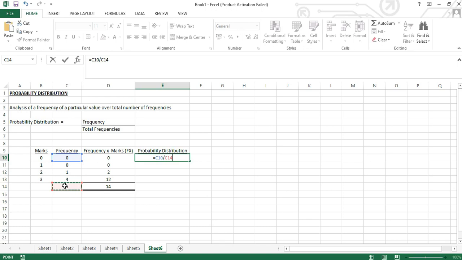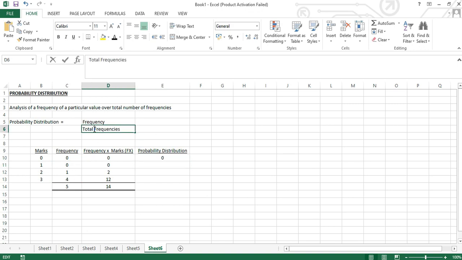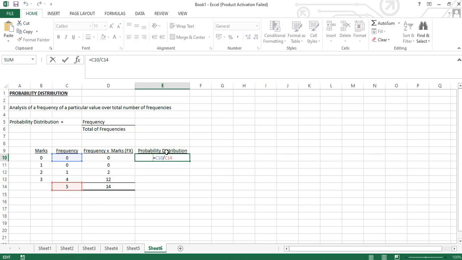Because 5 is the total frequency. So the frequency divided by the total of frequencies is the probability distribution. In this case it is 0 and the other case,